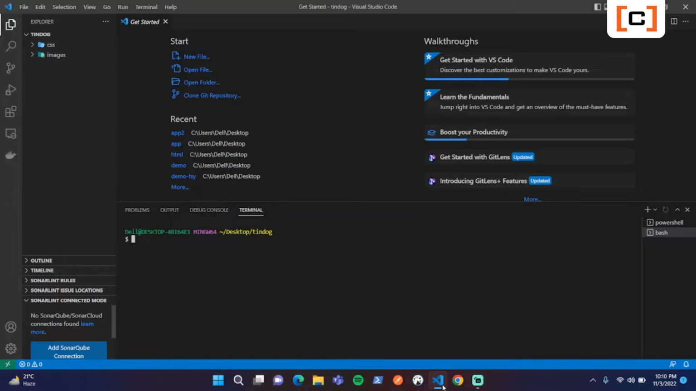So in the TinDog folder, I have a folder for my CSS file and my images file, and I will provide the link to all these images in the description down below, so you can get the images from there. So let's start. First, create an index.html